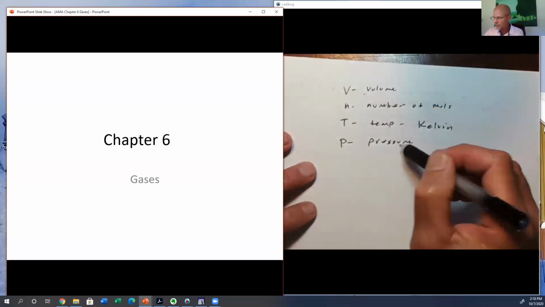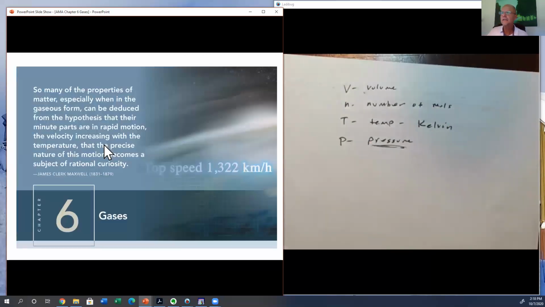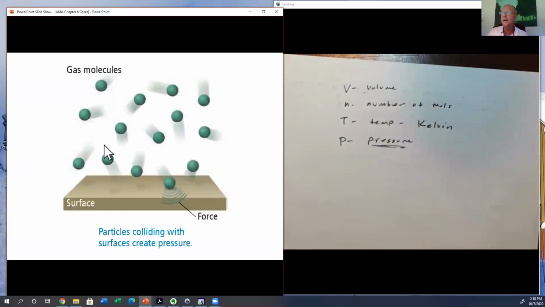Temperature, we know. We haven't talked too much about pressure yet. Pressure is the force that is exerted by a gas on the surfaces around it. So if we think about a gas as a collection of particles like this in random motion, those particles are